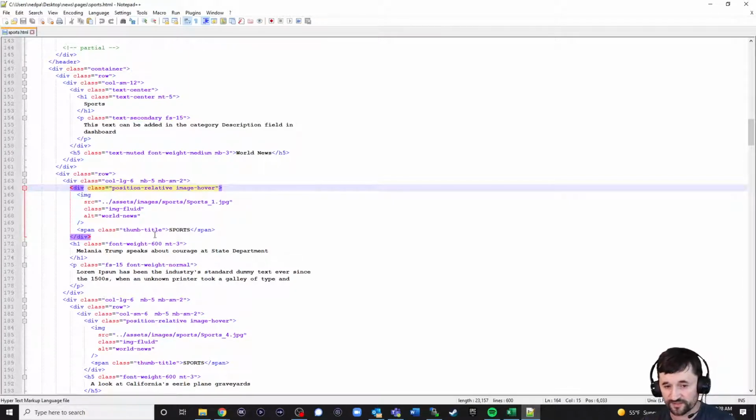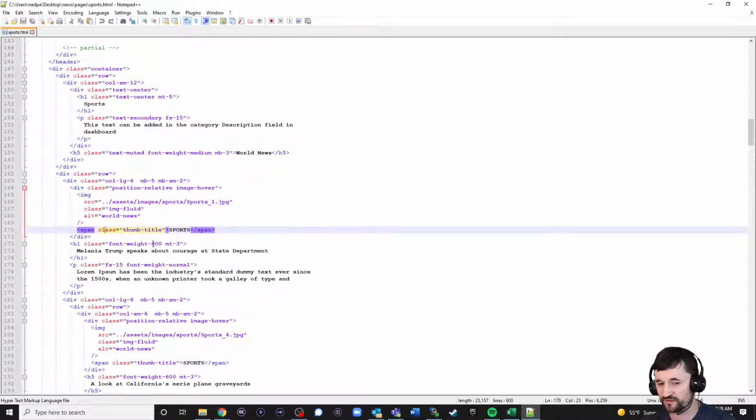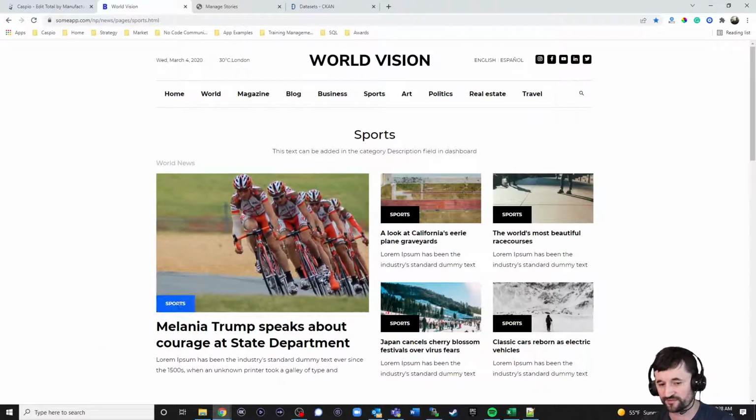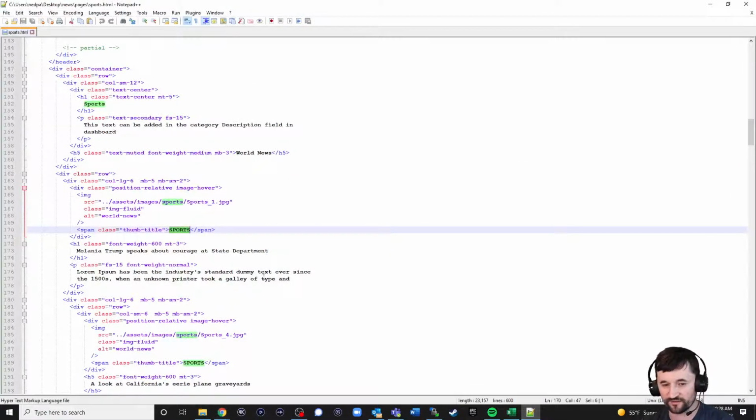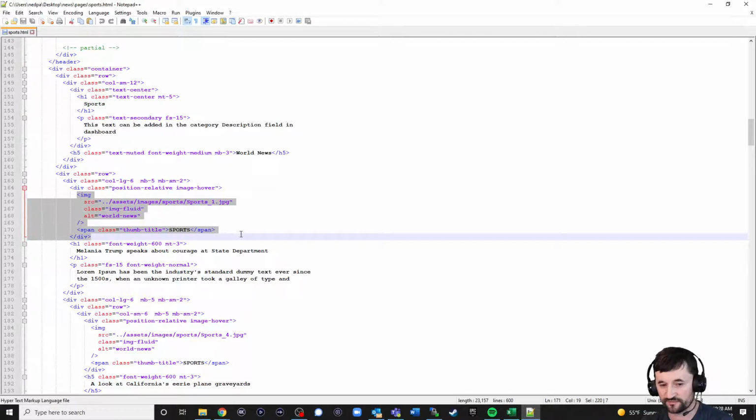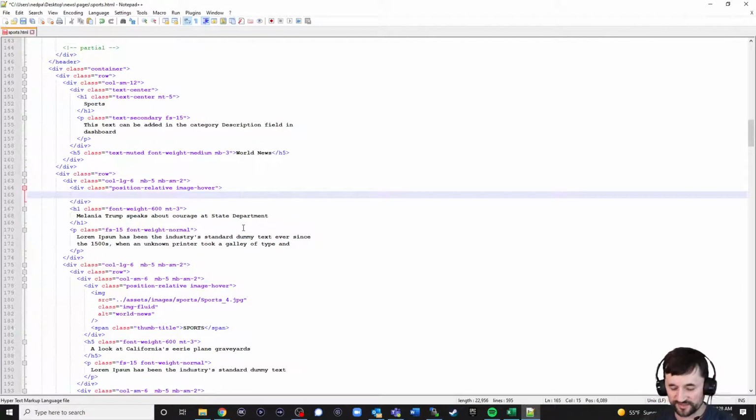Okay. So here's that image for sports, right? It's all between this div tag. I'm going to remove the image, and I'm also going to remove the span that's called sports. So on the front end, it's basically the image and the text that you see that overlays the image. So if I go back here, I remove all of that information. Okay, and I'm just going to put as a placeholder Caspio deploy code,